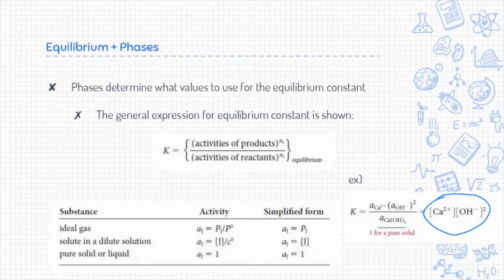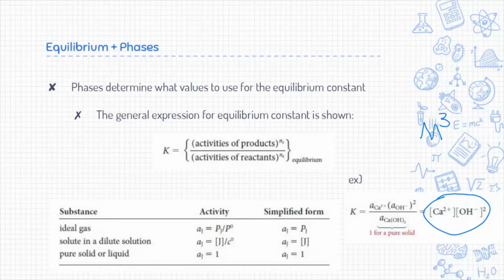In this example, if you put the units here, for example, if we say we had 1 mole of calcium hydroxide and 2 moles of the hydroxide anion, although this isn't really how it works, you'll see that we end up with units that are mole to the cubed, which doesn't make sense because I literally just said 2 minutes ago that equilibrium constant is unitless. And the reason for that is because